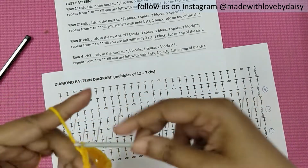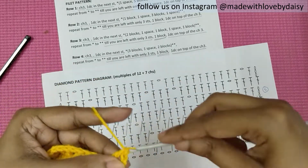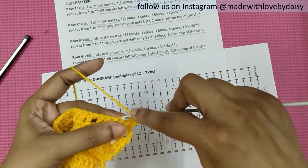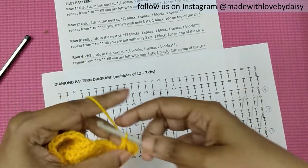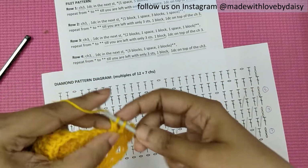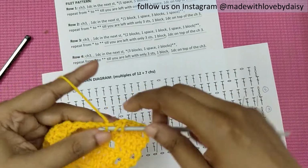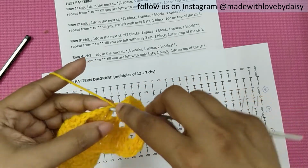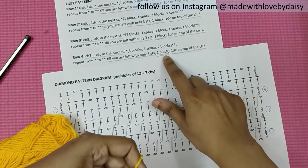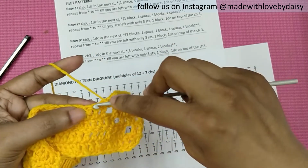So 1, 2, 3, chain 3, 1 DC in the next stitch, and then we're going to begin with 3 blocks. So 1, 2, 3, 4, 5 and 6. So here are our 3 blocks, and then we have 1 space, so chain 1, skip 1